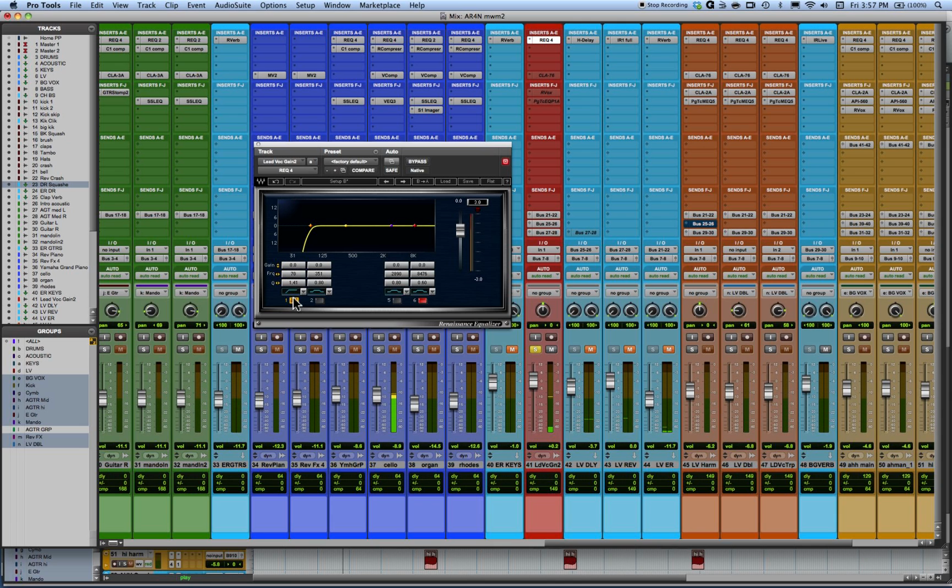And what this does is it helps to filter away any rumble in the microphone, and that's very apparent quite often in large diaphragm condenser mics. Now, this is a basic starting place, and in general, you don't want to go too high up in terms of the frequency, but one way you can tailor this, and you can see this reflected in the filters, is if I want to roll off a little bit more of the low end of this voice,